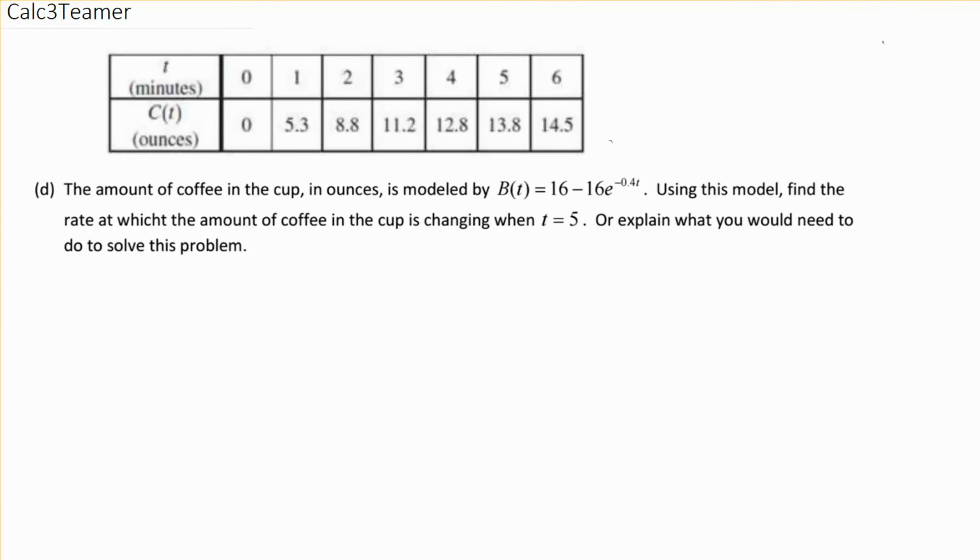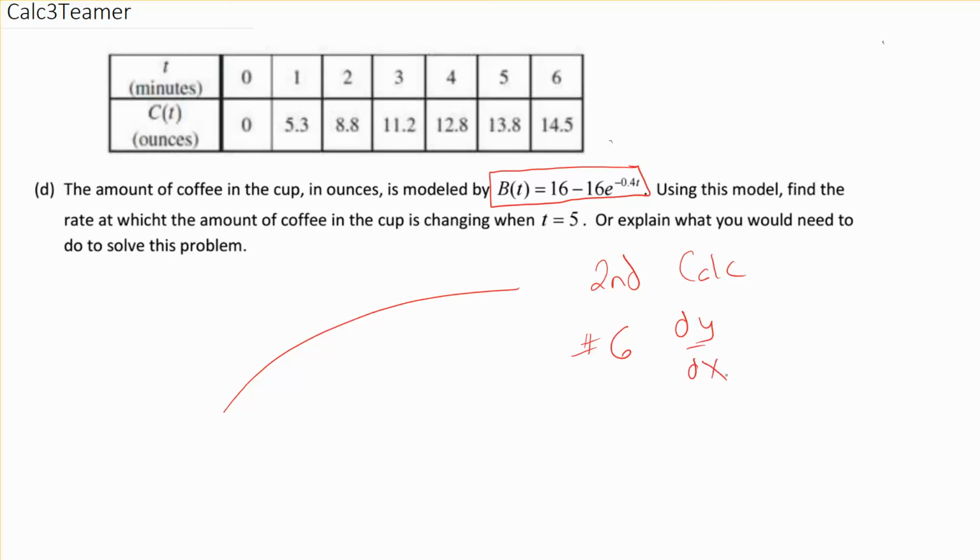As you're looking at D, at this point in our calculus career, based on the work we've done in class, I was expecting us to put this in our calculator, take a look at the graph, and then just press second, calculate. Number 6 is dy/dx. Then you can type in 5. When you put in the number 5, it tells you dy/dx at 5 is 0.866